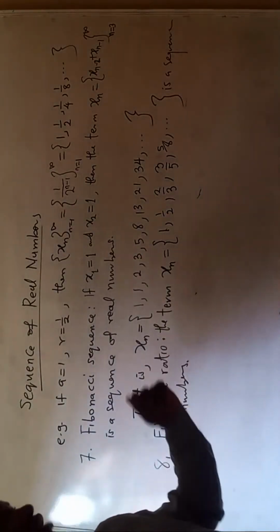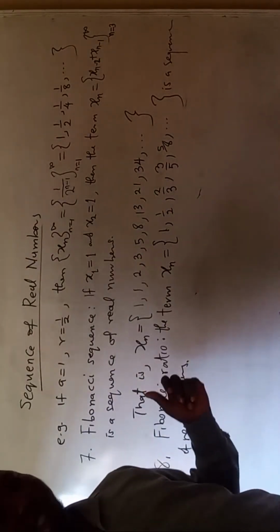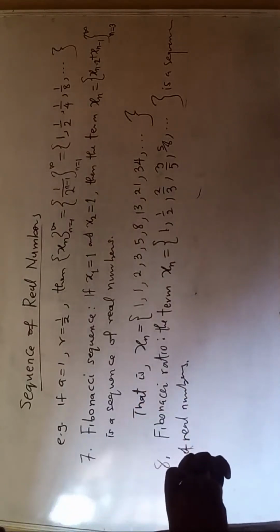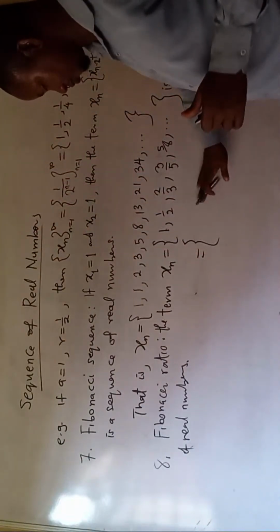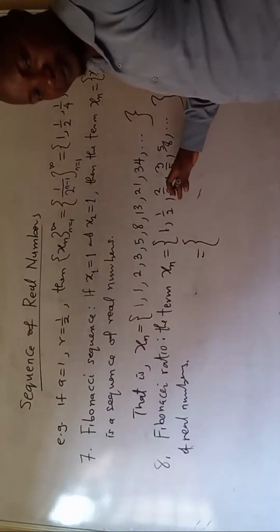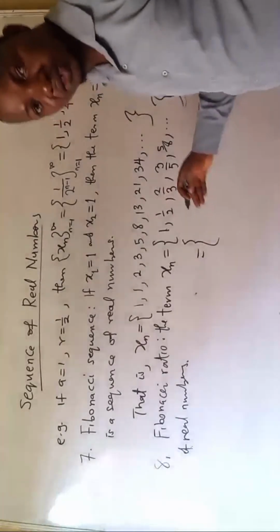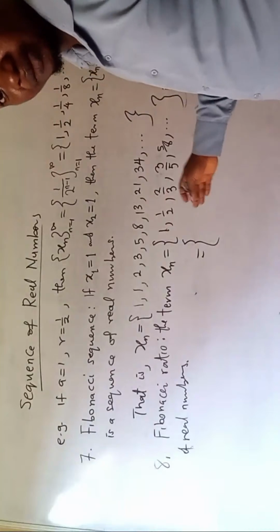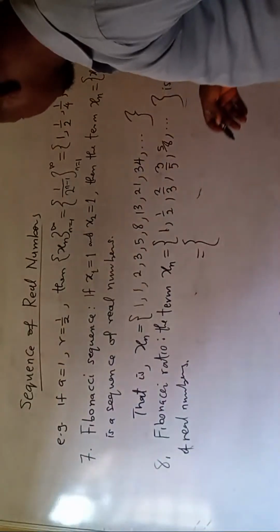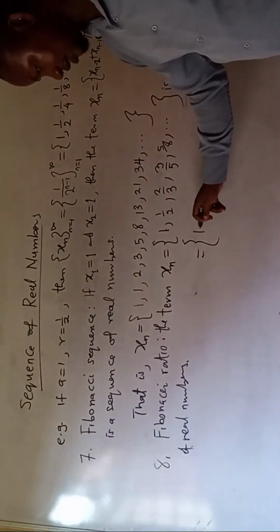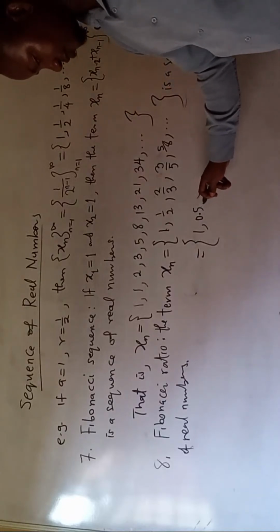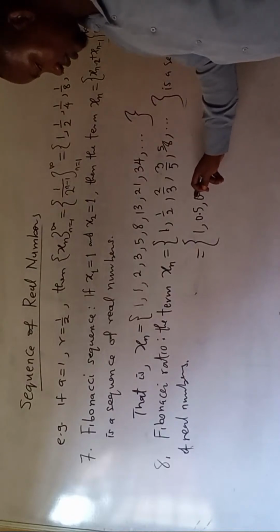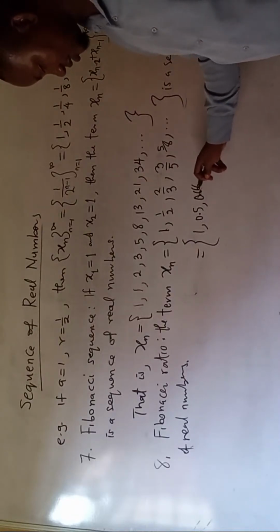And here is the Fibonacci ratio. I want to tell you something about this. If you have to write this out in decimal form, you see that this type of sequence is oscillatory from the beginning, but at the end it converges. So the first number here is 1. The second one is 0.5. Again, this is 0.6666.